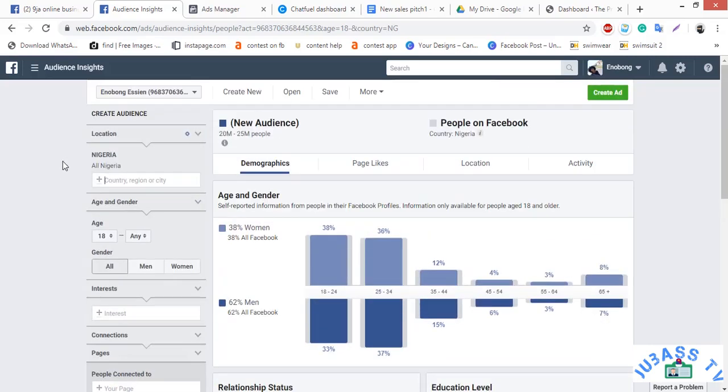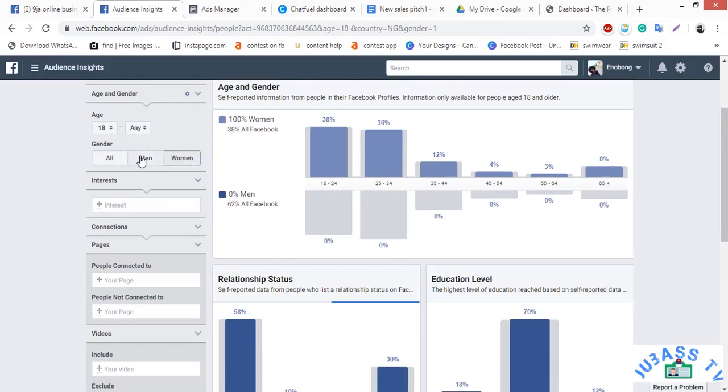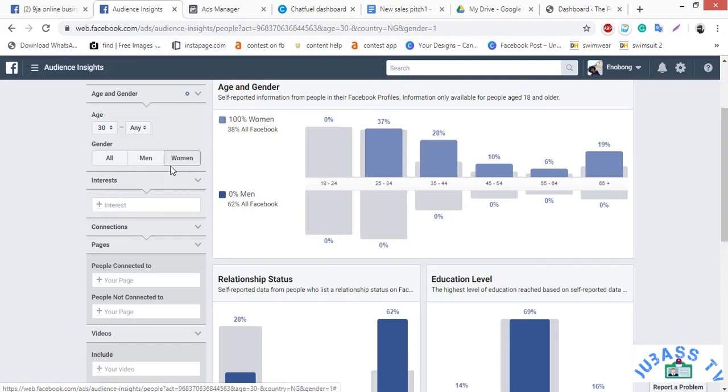So now let's see, what do we want to sell? Kettle pills. Now let's target women first, then we'll go to men, then we can click on all. You want to remember, I said for your sales copy you need to target people who can actually afford it. So the age range of people who can afford anything of 25k and above comfortably is actually from 30. Somebody from 30 and under can afford it, yes, but when you want to start your advert, try to get those who can afford it first, then create a lookalike audience of your purchasers.